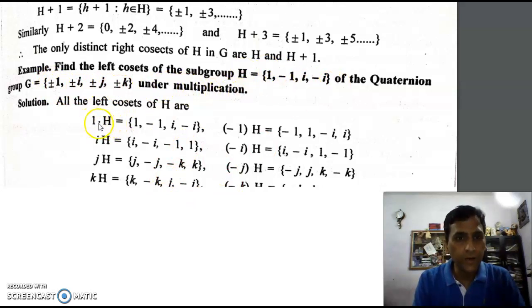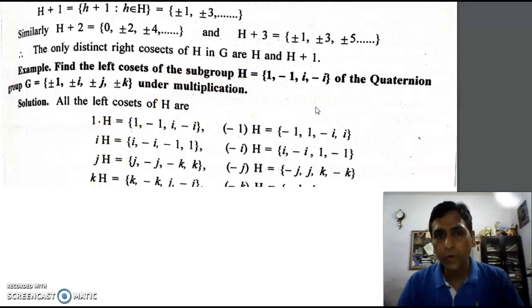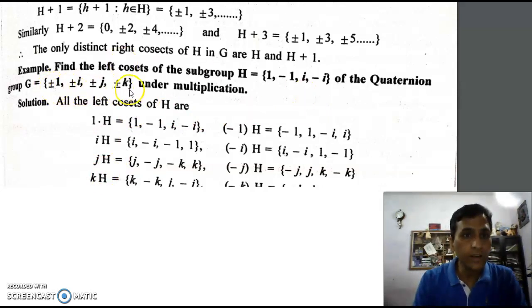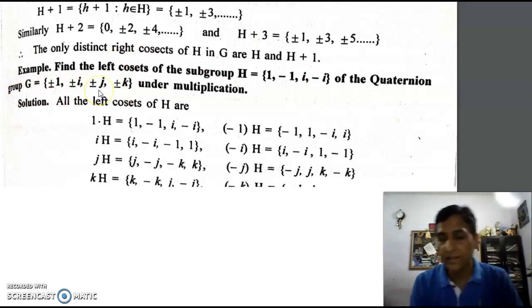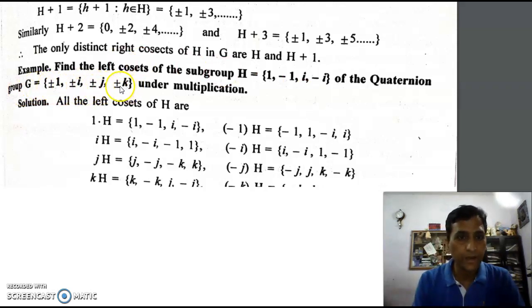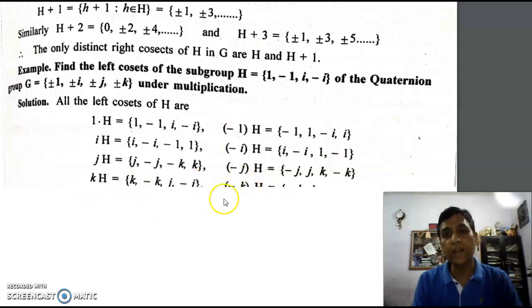So I start with 1 dot H, i dot H, and in the case of a finite group I can tell you how we can calculate the number of cosets. See, the group has order 8. Order means the number of elements in the group. It is called the order of the group. So here we have plus minus 4 elements, so it is 8 elements. Here we have 4 elements. You divide the order of the group by the order of this: 8 divided by 4 is 2. Again, in the case of finite groups, this is how we can find the number of cosets. So here the number of distinct cosets is again 2.